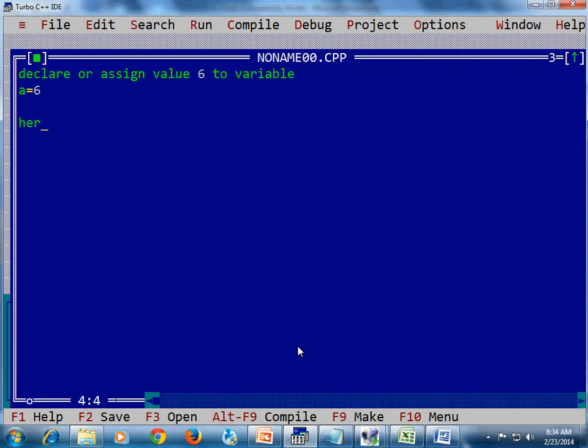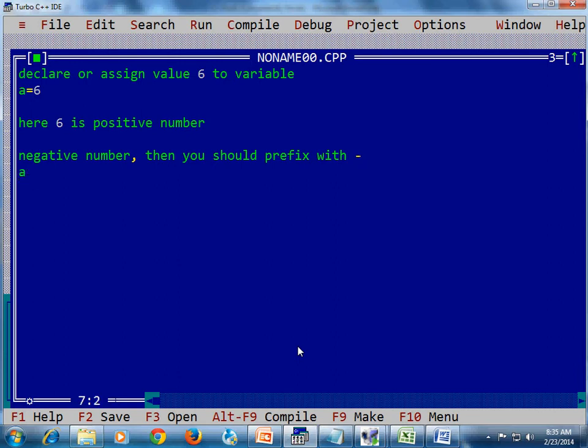So here 6 is a positive number, and if you want to assign -6, I mean you want to assign a negative number, then you should prefix with negative.